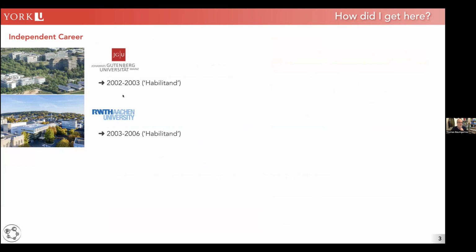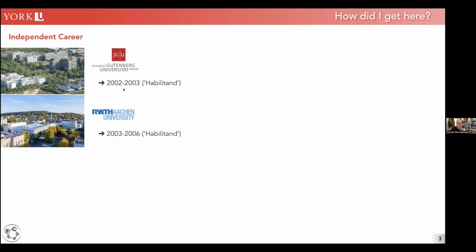And as mentioned in the introduction, I first started off at the university in Mainz. This position was called a habilitant. I decided to go back to Germany at this stage because it's a slightly different setup than a North American setup. You are embedded in a big research group, and you're allowed to do your own research there. So I didn't have to worry about applying for research funding or spend a lot of time on teaching. So I could really focus on the research, which was very important because I pivoted again. Originally, I wanted to build on the work that I did as a postdoc, but these things didn't quite work out, and I ended up in the field that I'm working on right now, and I'm going to tell you about it in a few minutes.